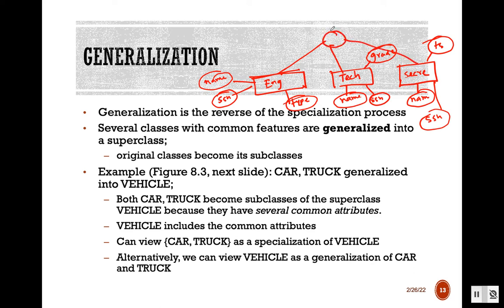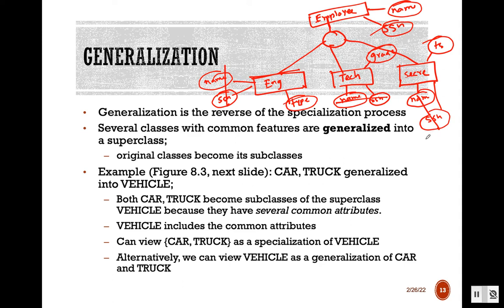So now here what I'm going to do, I'm going to create a superclass or a general class. So I'm going to cut all the general attributes, or the common attributes, from them, and I'm going to create a single entity type combining all the common attributes, like employee with all the common attributes, name and SSN. So at the end they look the same,